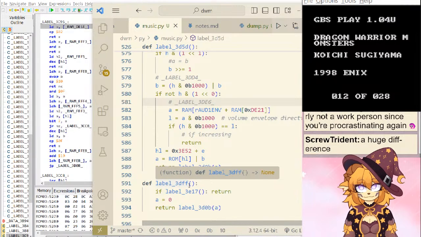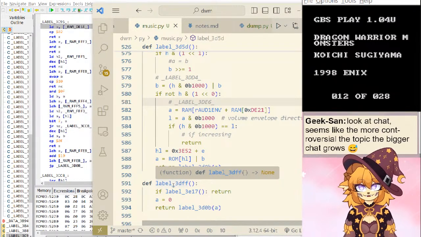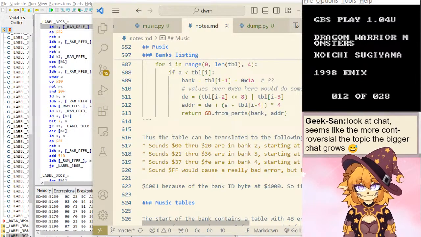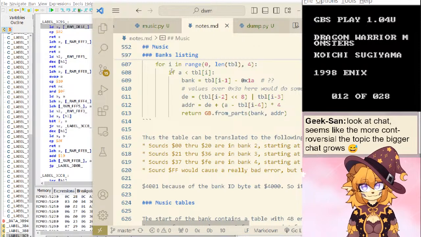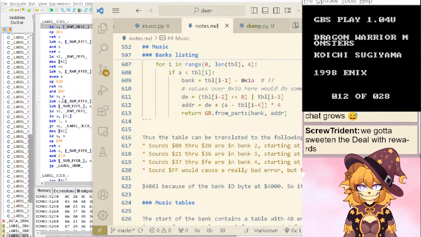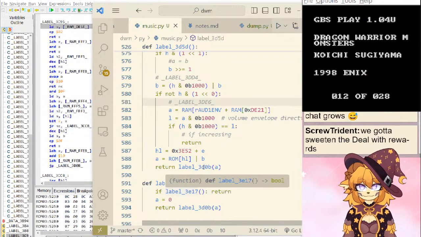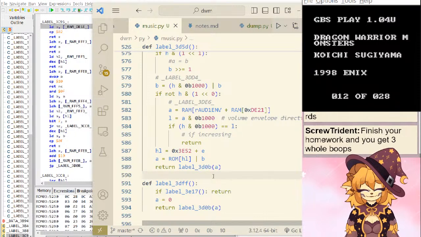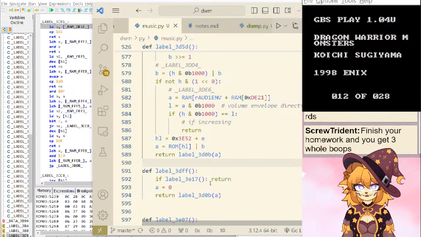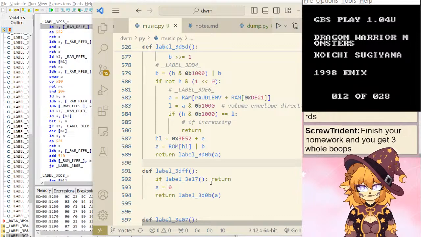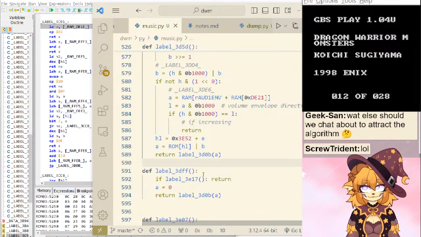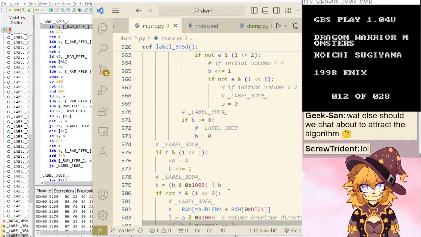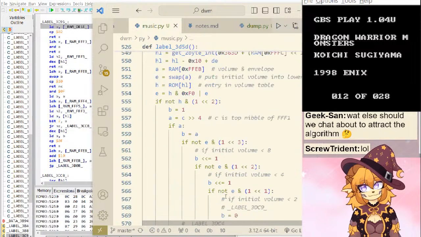That chat seems a more controversial topic the bigger chat grows. No. It's just you two have been talking the whole time. We gotta sweeten the deal with rewards. The deal for what? You gonna make me drink coffee? Is your homework and get 3 whole boops? Oh, trying to get me off to work. What should we chat about? Track the algorithm. Does the algorithm care about chat? News to me. I mean, I'm sure it cares about chat rate. I'm not sure it cares about the content of chat, though. I have no idea.